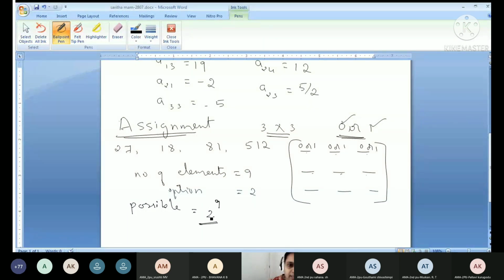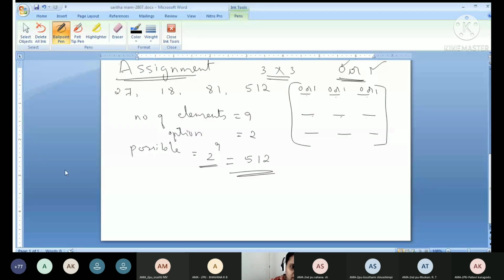Okay, right. Now I have to discuss second question of the exercise. I am talking about second question of the exercise. Listen to the question carefully. If a matrix has 24 elements, what are possible orders it can have? It is asking, if there are 24 elements, what are the possible orders.